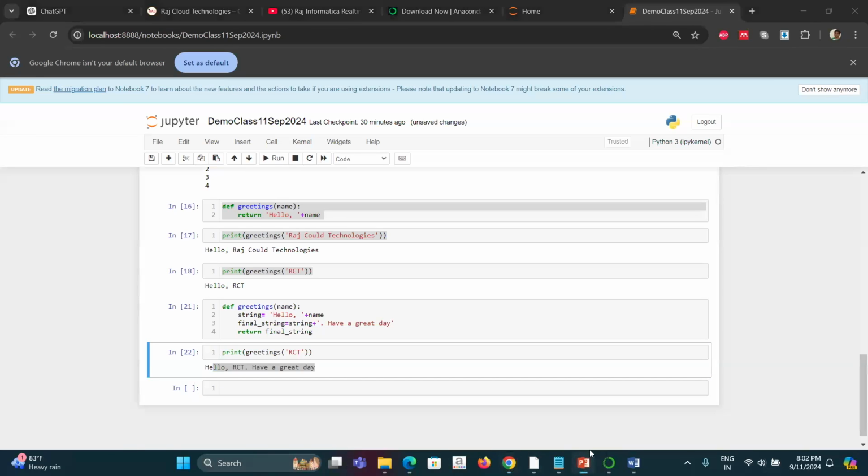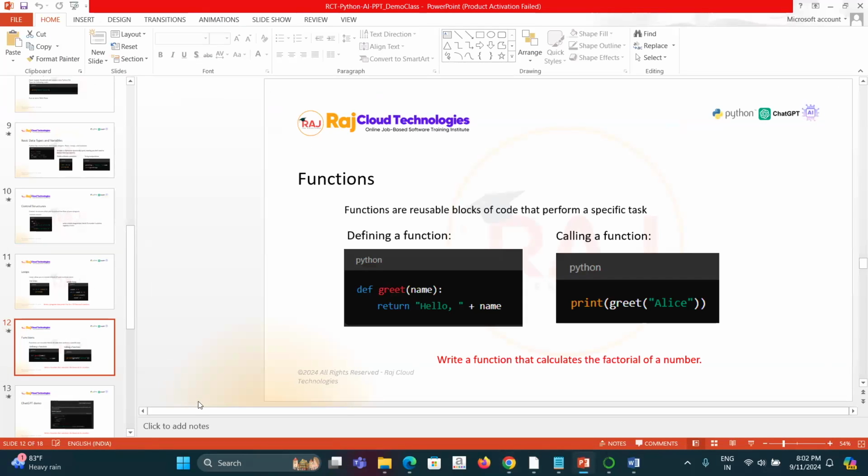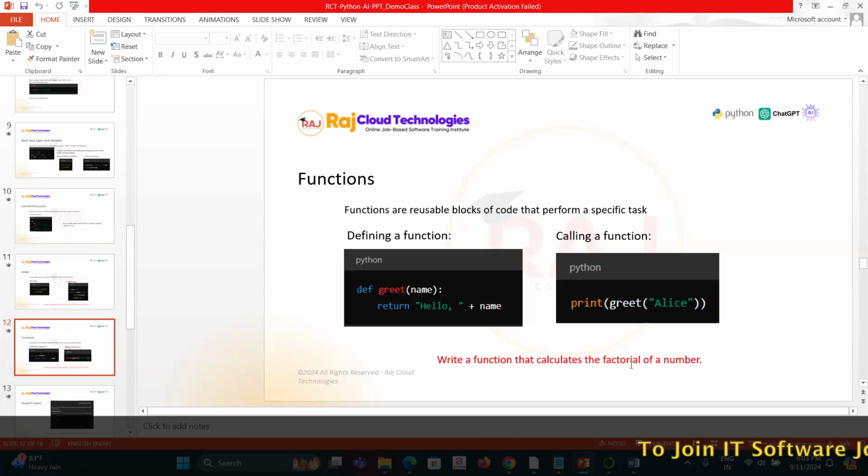That is how functions have become popular, and you can do a lot of things. You can try to create a factorial of a number, and I hope most of you know about factorial. Like 2 factorial is 2 into 1, 3 factorial is 3 into 2 into 1, 5 factorial is 5 into 4 into 3 into 2 into 1, right?